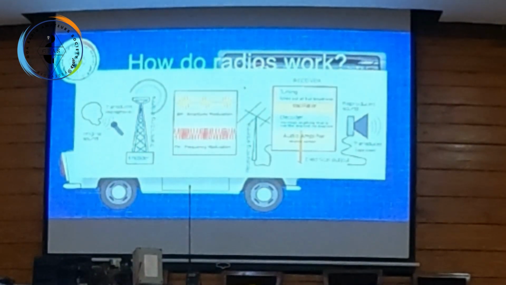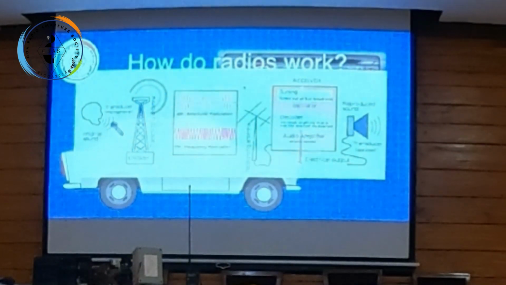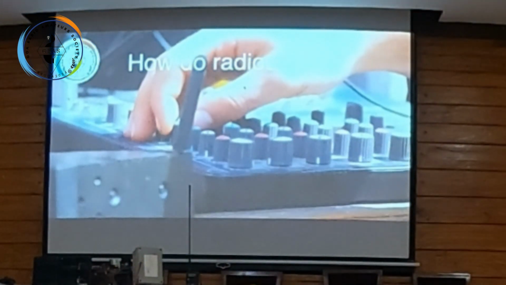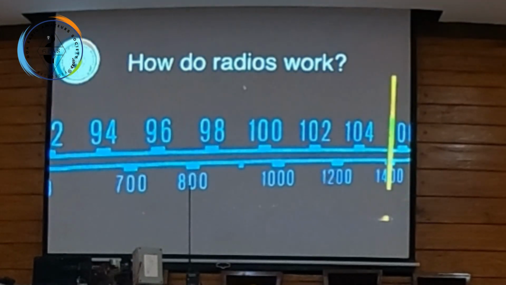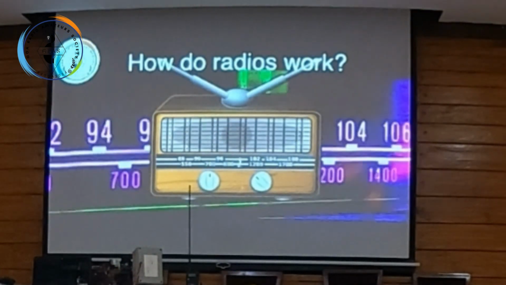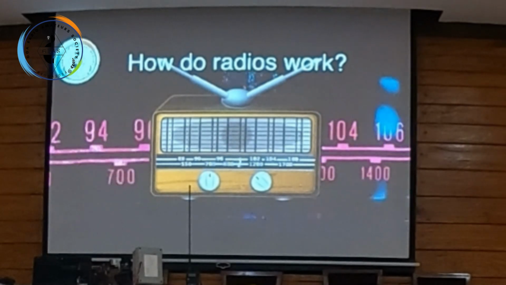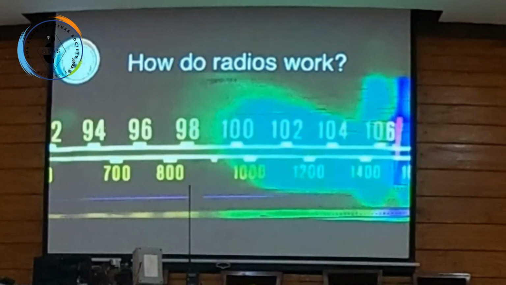The signal then passes to the detector, or demodulator, that takes the voice or music from the wave, utilizing a device called a diode, and translates it back into audio. The final step in the process is for the radio to amplify the signal so you can hear it and change the volume as needed. FM radios have different detector setups and translate frequency into sound rather than amplitude, but otherwise they operate in the